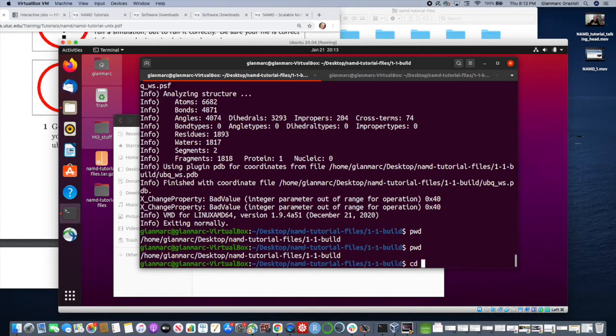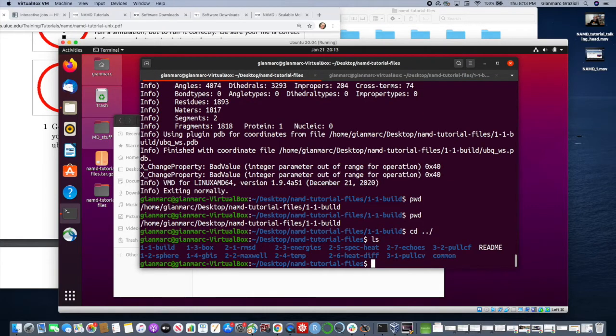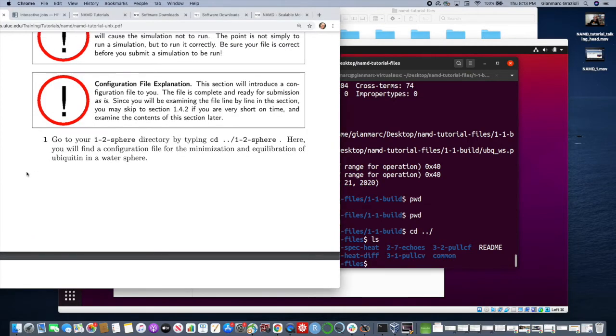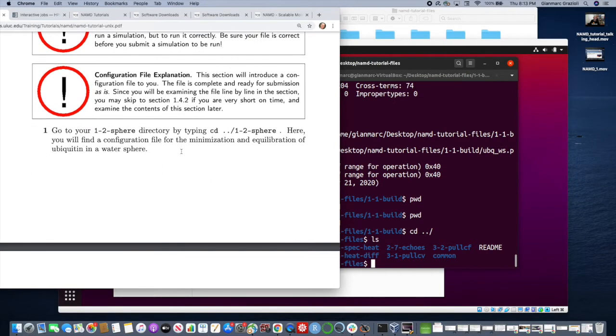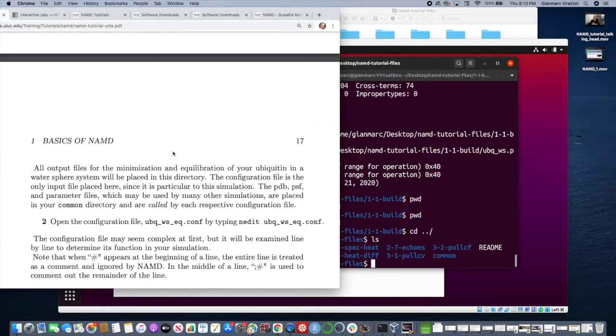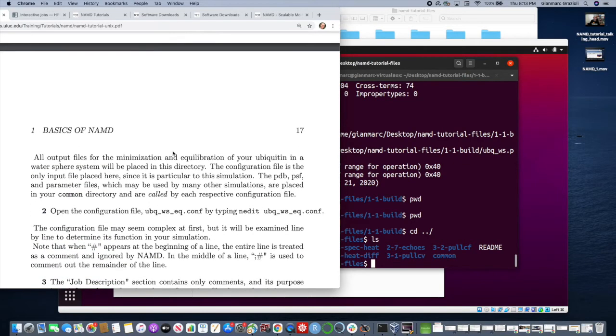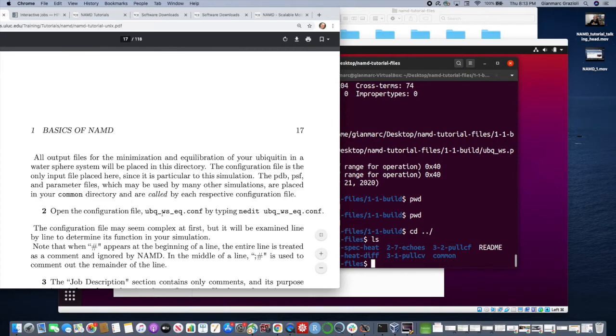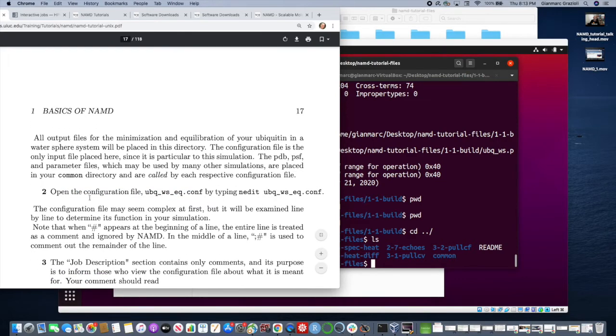Okay, so if I go up a level, cd .., I go up. Now I am at this level, and I know that I'm going to need, where was it? It was in 1.2 sphere. We need a configuration file for the minimization. There we go. This is the one we need. Open the configuration file. Okay, yeah. So we're going to do this step right now. Open the configuration file,